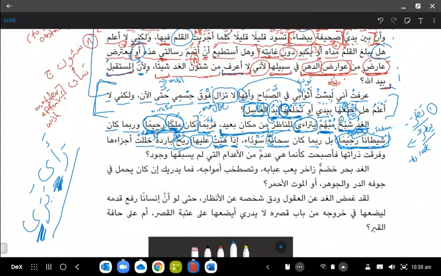So when the cold wind blows over it, حللت, you know, it broke down or it dispersed or it split it into smaller pieces. What do you think it's referring to? حللت. Why is it feminine? It's referring to the wind, isn't it? To the rih. So حلل. So this cold wind dispersed or broke down. What did it break down? أجزاءها.